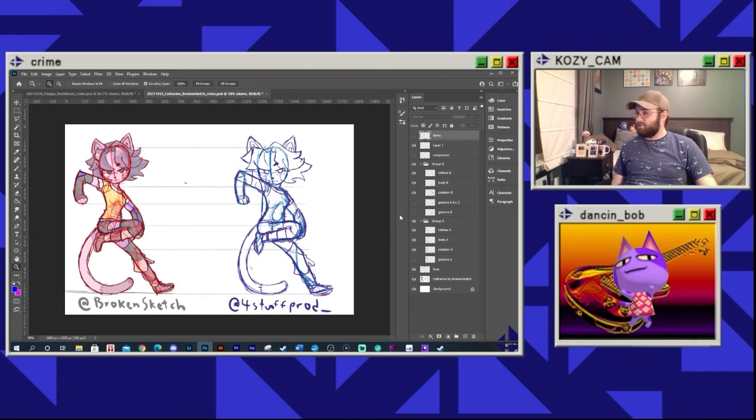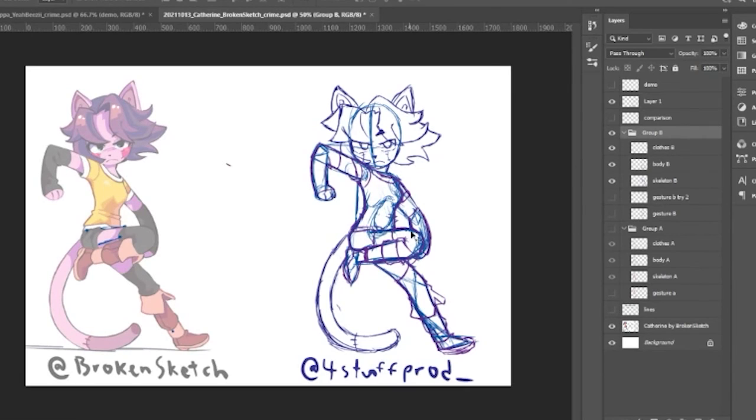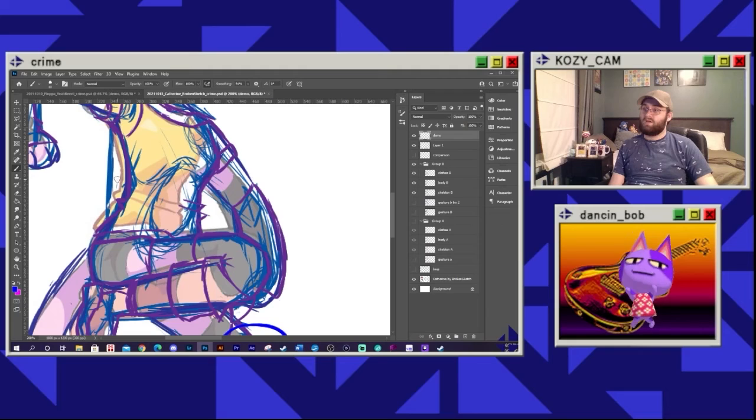Alright, so moment of truth once again. Let's take my drawing and put it over the other one. And I don't think I did so bad. So first things first, I kind of put the torso a little bit too forward. But that doesn't excuse this. Like, look at this huge gap. I made her too big.